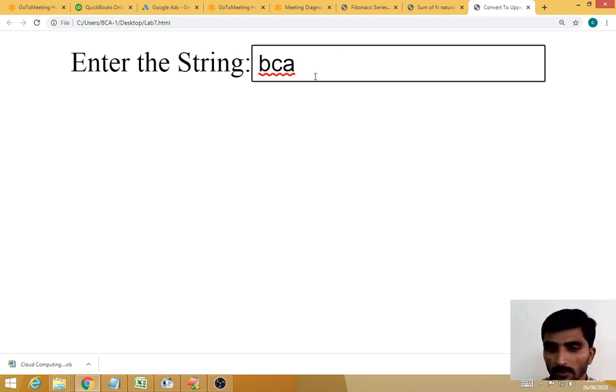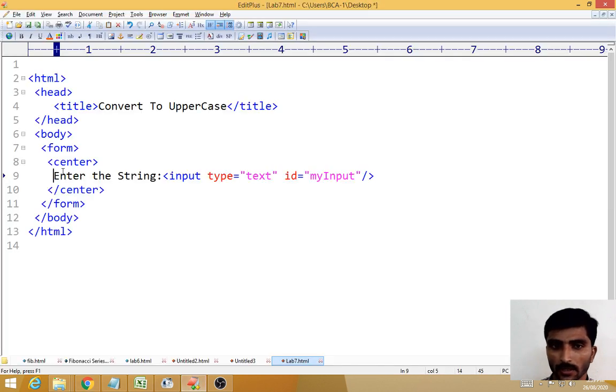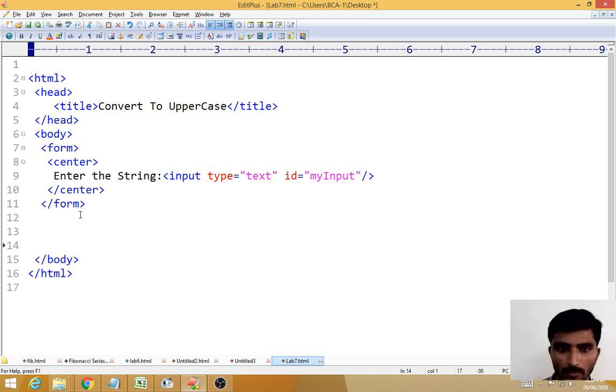So for that I want to write JavaScript code. Okay, so how are you writing JavaScript code? See, within a body section you have to write JavaScript code. Here also you can write, here also you can write, no problem. Wherever you can write, after the HTML code you can write, before the HTML code you can write, within a body section. Okay, what you have to write? If you want to write script code, JavaScript code, we have to write a script tag, right? Without the script tag we cannot write JavaScript code.